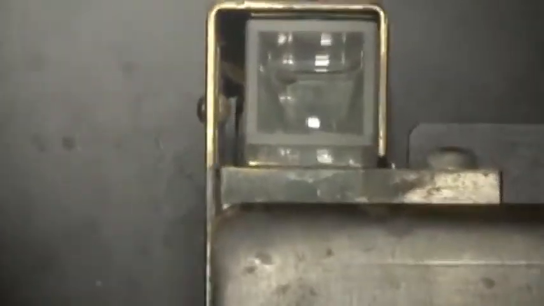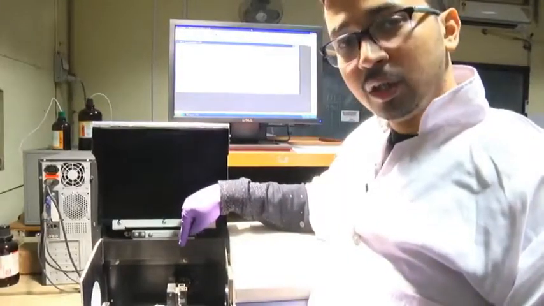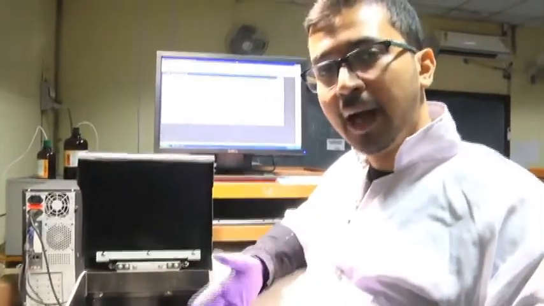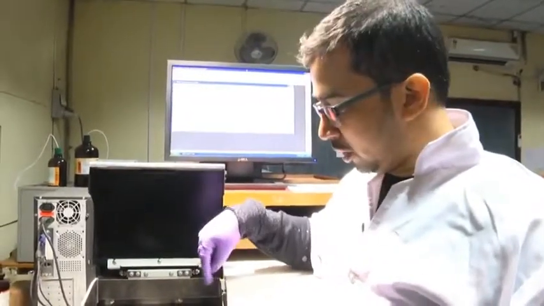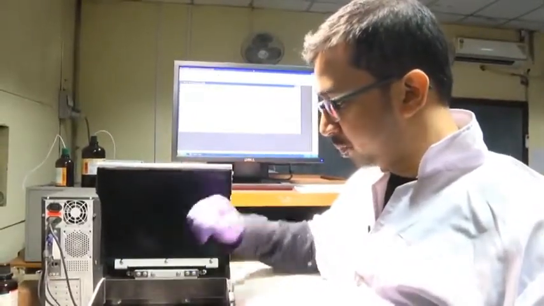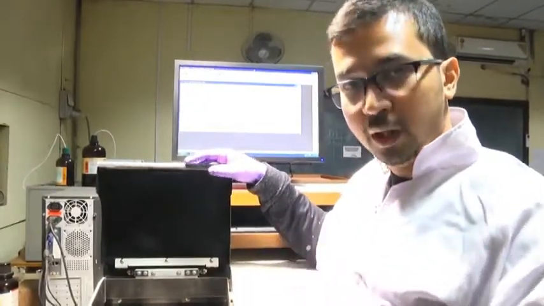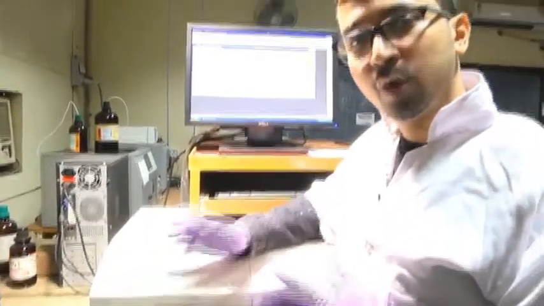So, light will enter in this way and the fluorescence will be detected at right angle, 90 degrees. As we can see from the theory classes of fluorescence spectra, the fluorescence emission is detected at 90 degrees to the incident light. Now, this is the entire cuvette chamber. Now, I will close this lid before proceeding with the experiment. So, I have closed this lid.